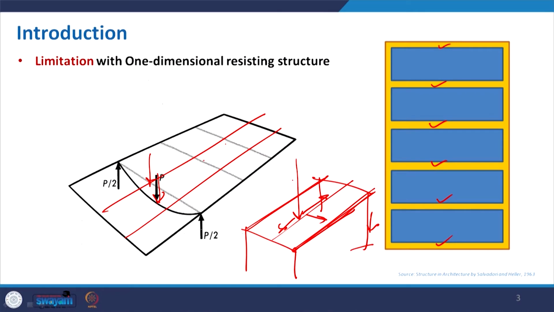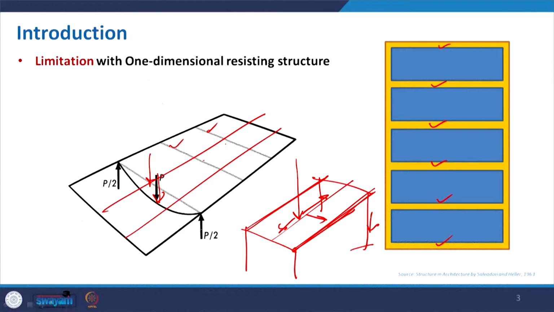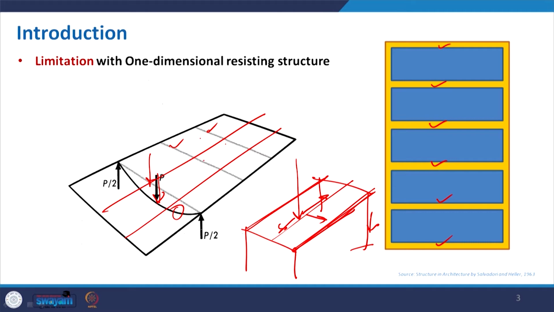Now, here is the limitation of the one-dimensional system, as I already mentioned. If you look again, there are some parallel members drawn in black color, parallel beams giving support to the upper slab, but due to a point load, the black member is taking much of the deflection, and there is considerably less effect on the others, whereas if we make a grid, the load can be distributed more efficiently.